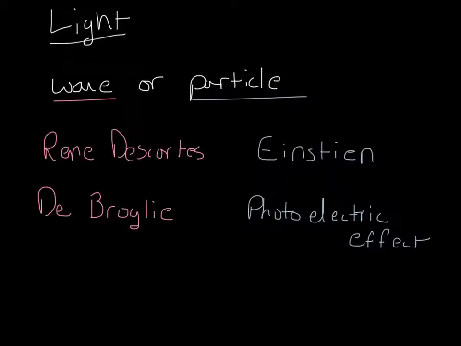On the other side of things, scientists like Einstein thought that light was a particle. Einstein thought that light consisted of small pieces instead of a continuous spectrum, and he called those small pieces photons. This led to the idea of the photoelectric effect. The photoelectric effect is the idea, and it's experimentally proven, that if you shine the right kind of light on a metal, it releases an electric charge and can create a current. So Einstein's photons supported the photoelectric effect.